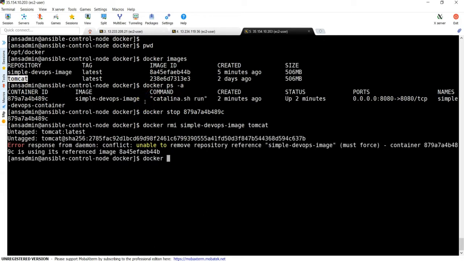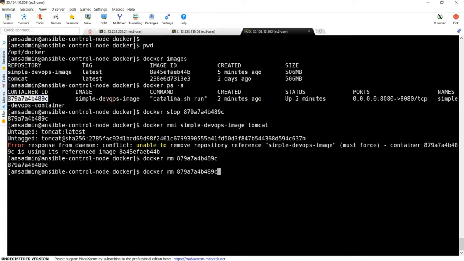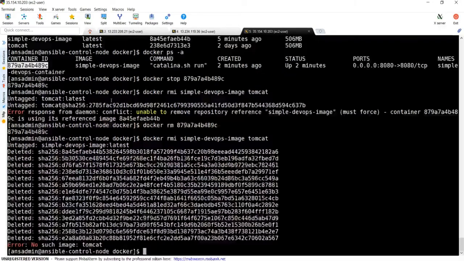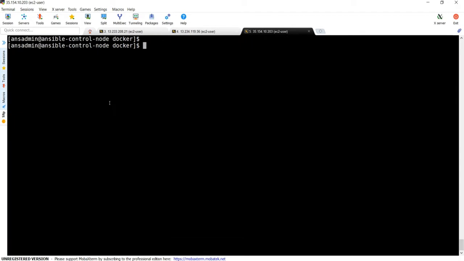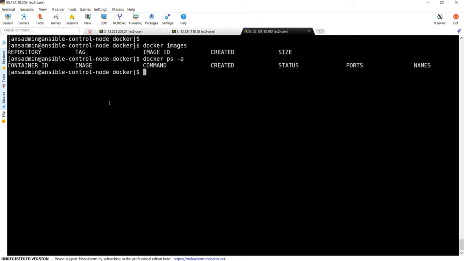Sorry, we need to remove the Docker container first: docker rm and the container name. Now we can remove images, because we can't delete images if containers are running based on them. Clear the screen. Now docker images, no images. docker ps -a, no containers.